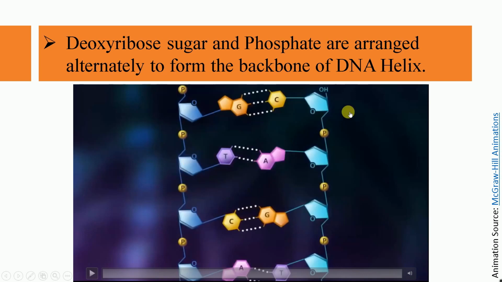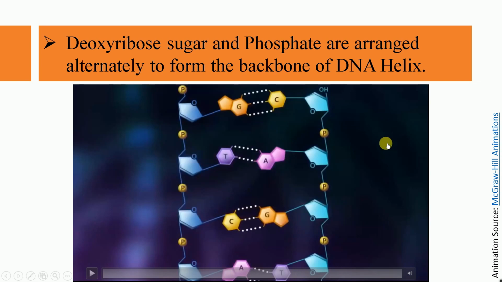They are found on either side of the DNA molecule, whereas the nitrogenous bases or the base pairs are found on the inner side of the DNA molecule, which are connected to each other by these dotted line-like structures which represent the hydrogen bonds. They keep the two strands attached to each other, forming the complete DNA molecule. You can say the phosphates and the sugar molecules are the structural component, whereas the nitrogenous bases are the functional unit of the DNA molecule.